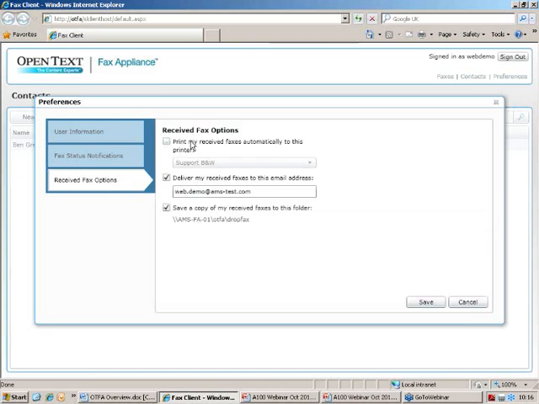And for received faxes, you can select where they're delivered, to a printer, to email, or into a network folder. And if you use the network folder option, the faxes are dropped as an image file, and optionally also an XML file can be dropped in as well with the details of the fax. And again, as I mentioned before, the administrator can control which of these notification and receive fax options are actually available to the users.